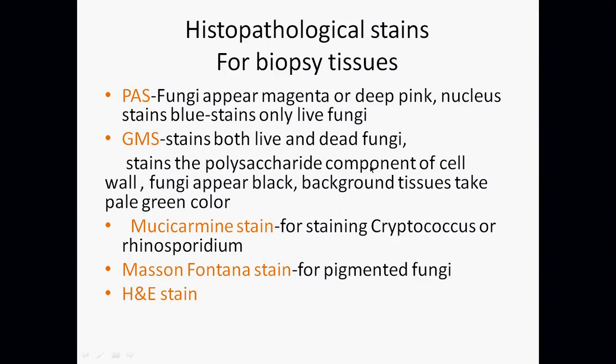It stains the polysaccharide component of the cell wall, and the fungi appear black against the pale green color. So the background of tissues is pale green, and fungi usually take black color. We will see the pictures in the next slide. Then we can also use mucicarmine stain. This is usually used for staining Cryptococcus or Rhinosporidium. Masson-Fontana stain can be used for pigmented fungi, and H&E stain can also be used for seeing the fungi in